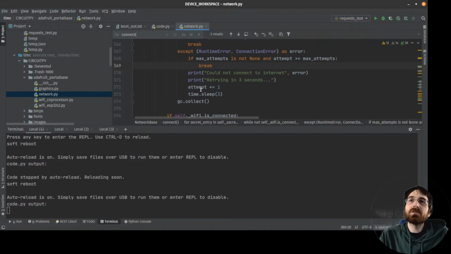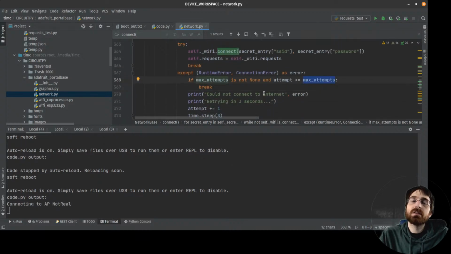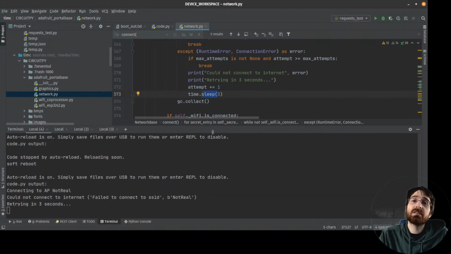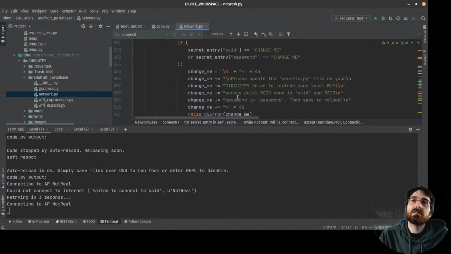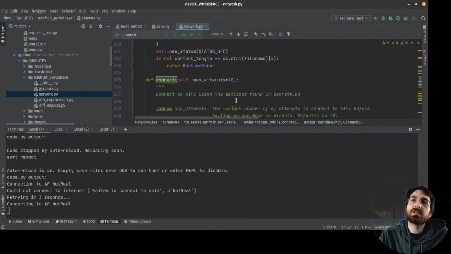I guess the other thing, though, is it's also going to try 10 times before it gives up and moves to the second one. It means we're actually going to have to wait for 20 tries with 3 seconds in between each, which is like a full minute. Is longer than I want to wait, but